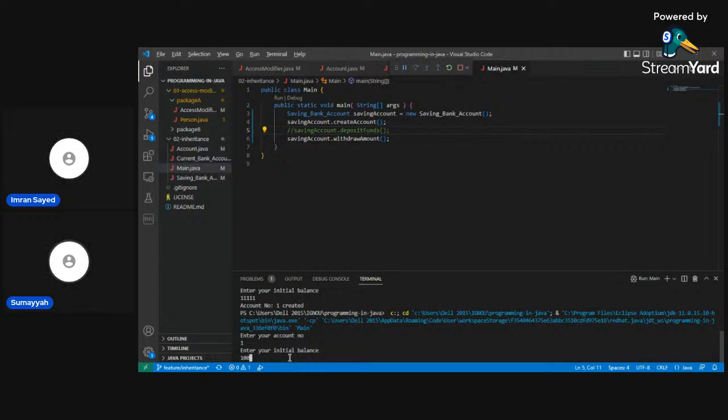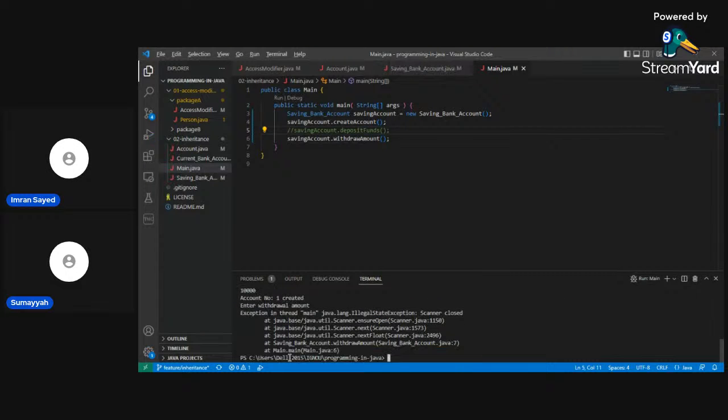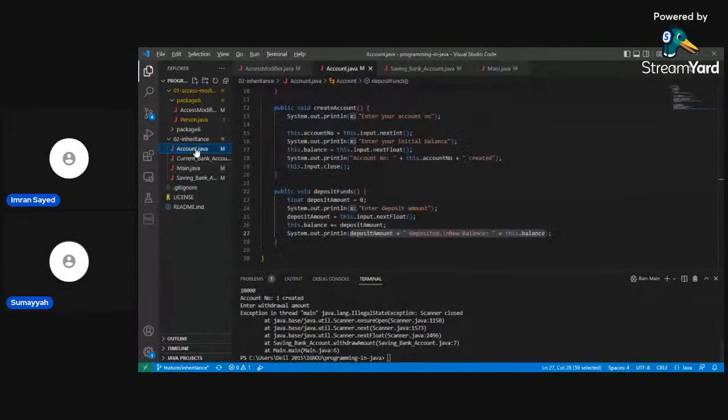I thought you mentioned 1 rupees. Okay, there's an exception. Exception in thread main Java lang. Illegal state exception. Scanner closed. Oh, the scanner has to be open. If you close it, then we're trying to use it again.